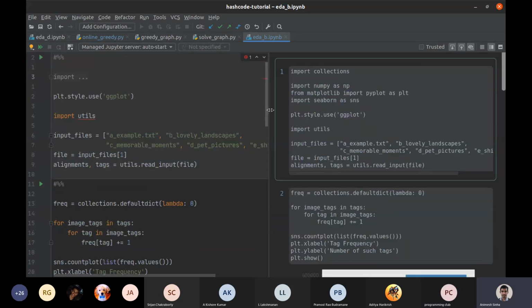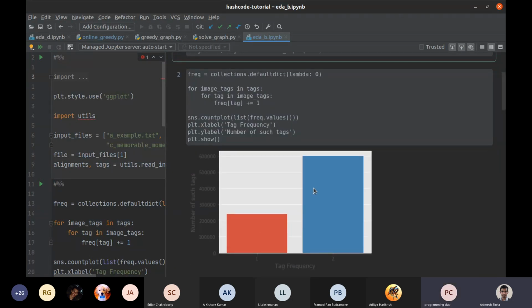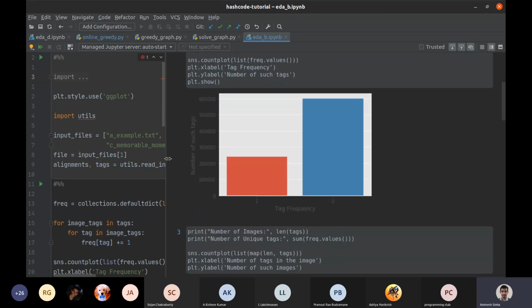So in our approach, we start by taking a look at the tags. We notice that each tag is appearing in either 1 or 2 images. This leads to an obvious question. Say, for example, one tag is in 2 images. So these 2 images can be called neighbors of each other. If you think of them as a graph, these 2 images would be joined by an edge.